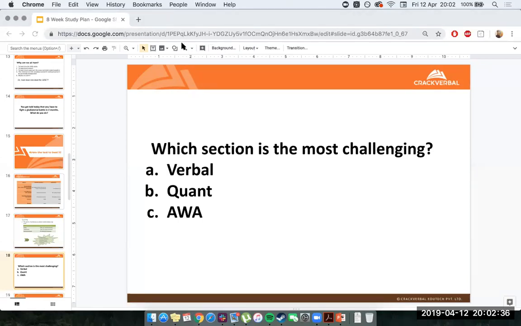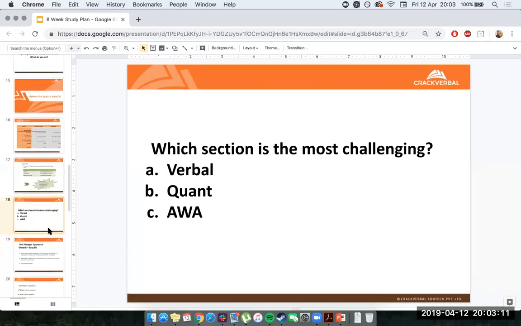In addition to this, it's good that you thought about this for a second, right? Maybe you already knew the answer to this, and then I didn't need to ask you this question. But it's good if you thought about this for the first time and you came to the conclusion that verbal was harder. That's good that you thought about it, because knowing the test is one thing. You also got to know your own skills. You also got to understand, well, what am I good at and what am I bad at? And therefore, what do I need to improve on and what do I need to consolidate as a strength? So it's a good idea to know that. It's a good point, worth knowing and worth thinking about.